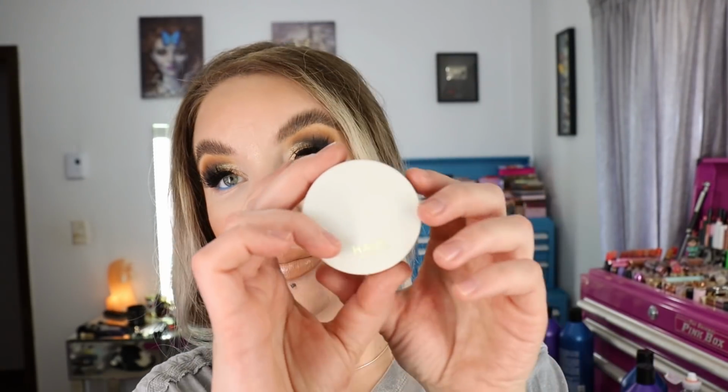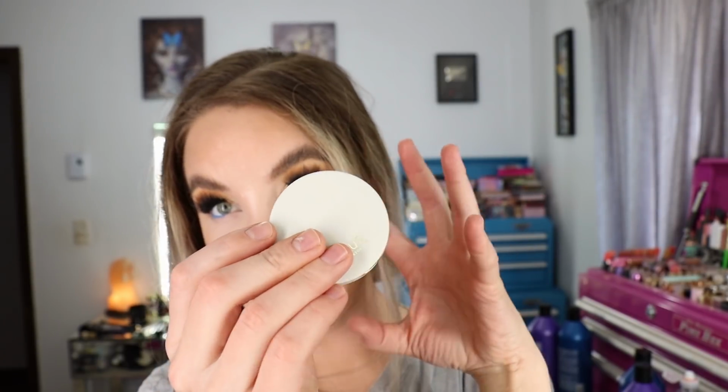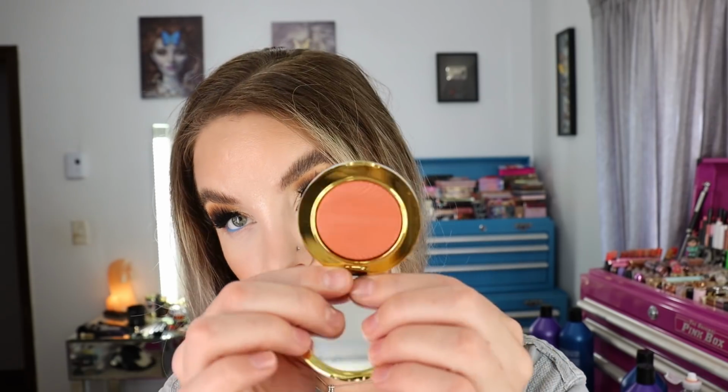Also from Haus Labs, I got another one of the Tutti Gel Powder All Over Rouges, and I got the shade Bellini, and there's 0.12 ounces of product in here, and this is made in Italy. So this is a baked jelly product. It's a really nice, sleek packaging. I love the packaging on these blushes from the brand, and this is a more kind of corally toned shade,